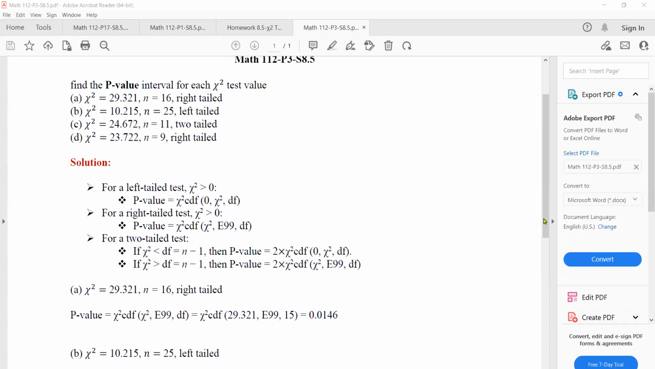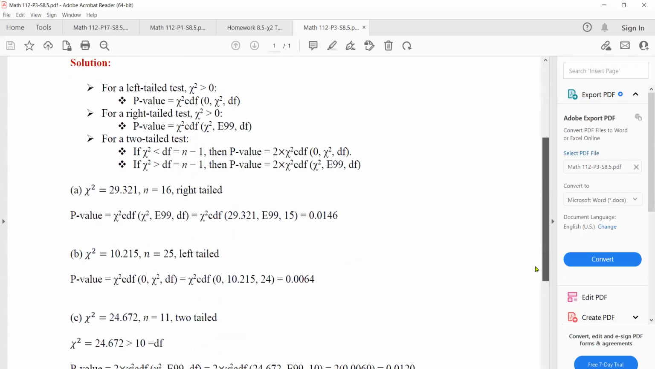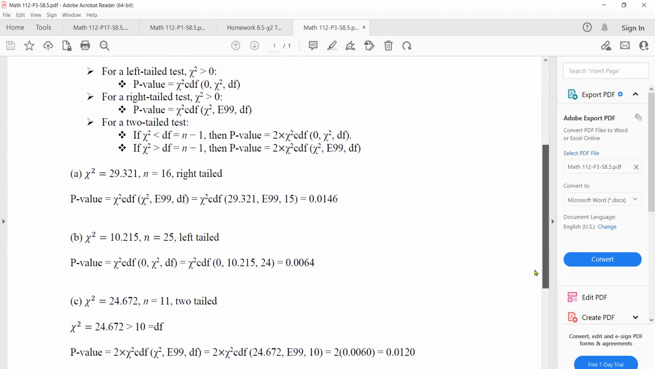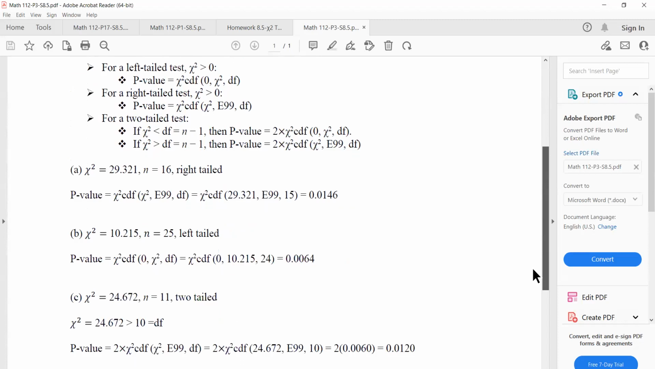So then let's continue. Here, let's go on to B. B is chi-squared is 10.215 and n is 25, and we're in the left tail. Okay, so here's my chi-square distribution. This time,